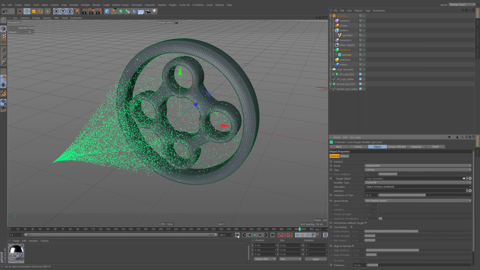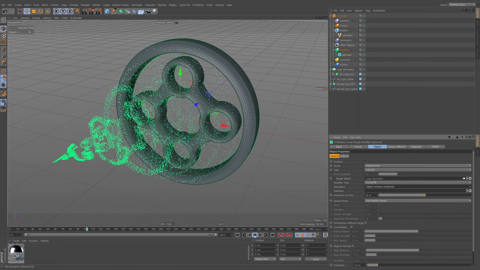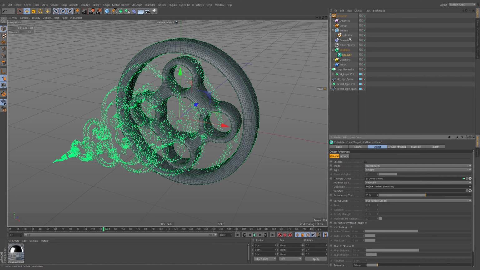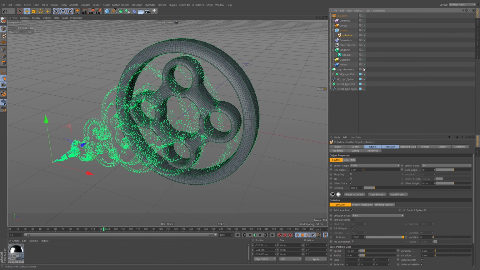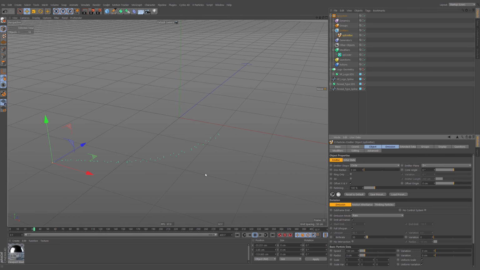We can do it ordered, and I'll explain that in a second. Now, it's going to look a bit weird. You can see it's kind of cycling through. Now, if we drop the emitter's rate down really low, let's hide that geometry again. Let's make it like 50, maybe 100, we'll see. But you can see it's kind of a cool system where it actually follows the polygon order, or the point